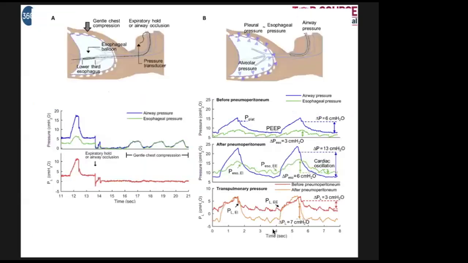So this is an image illustrating the measurement and the interpretation of the esophageal pressure to estimate the pleural pressure and the transpulmonary pressure in a mechanically ventilated patient, where panel A shows the setup involving the esophageal balloon catheter placed in the lower third of the esophagus, which is used to measure the esophageal pressure as a surrogate marker for pleural pressure. Gentle chest compression and airway occlusion maneuvers help validate the balloon positioning, and the graph below demonstrates the airway pressure with the blue line, the esophageal pressure with the green line, and the transpulmonary pressure with the red line during expiratory hold